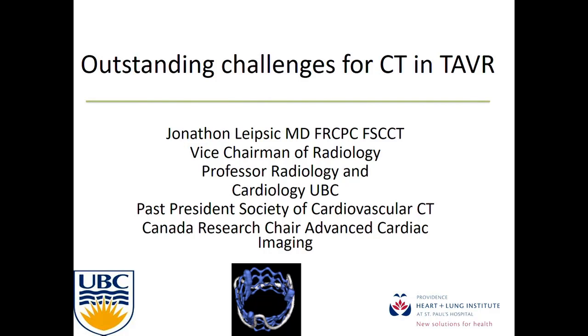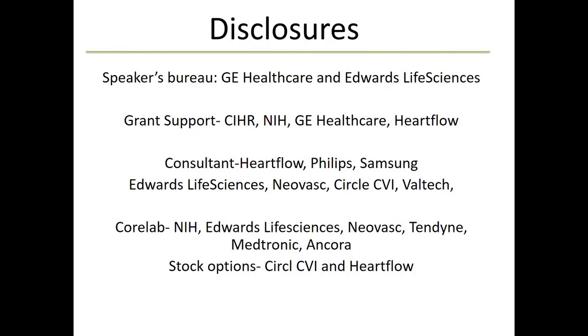And I would argue that now that we're moving into a low-risk population, many will say, do we really need to focus as greatly on the CT? I think we actually need to focus more. The risk of annular rupture in 2007: if I went to John Webb and said there's some risk of annular rupture, he'd say, well, Jonathan, the patient is dying of AS and has no surgical options, so I'll take my chances. You can't have an annular rupture if the patient has no mortality risk with surgery. So let's move forward.